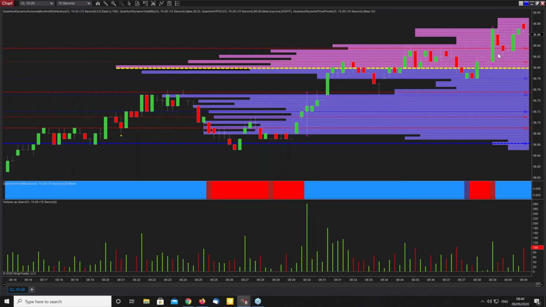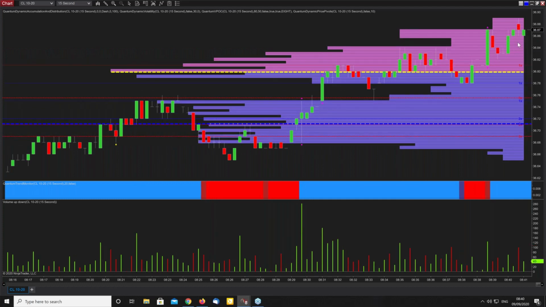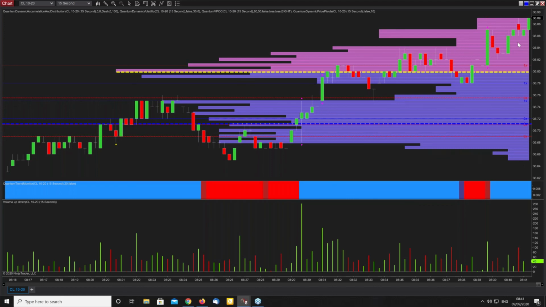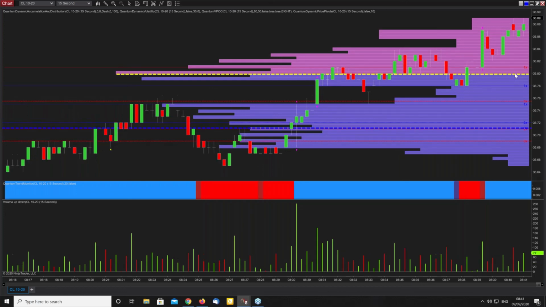right the way out to the weeklies. So what you expect to see is either congestion following, which is what we're seeing right now. In other words, pain for you as a trader, because you've jumped in on the expectation of a long position. Now we've gone into congestion. You're not sure what's happening. You're a bit worried. You're nervous. And the longer this goes on in congestion, the more likely it is that you'll close out and take your trade off the table. That's the emotion, the fear of missing out,